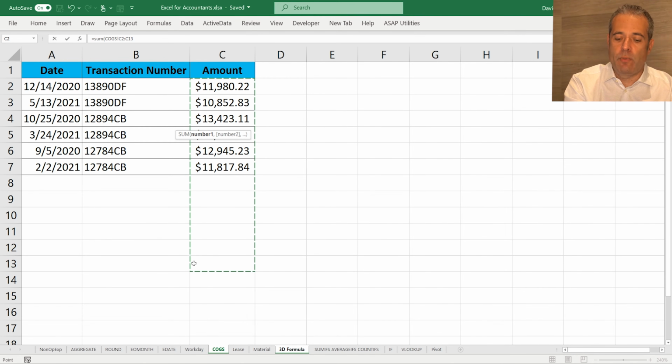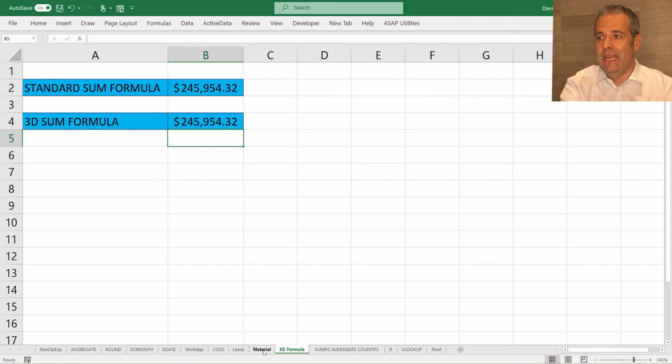And then here's the important part. You want to hold your shift key. You want to go to your last page, which is the materials. And you want to push close bracket. And now, when we go to the 3D sum formula, you will see pretty quickly that we've got the same